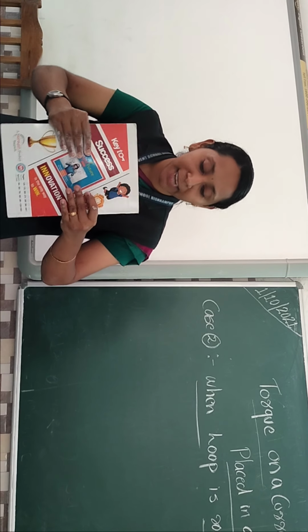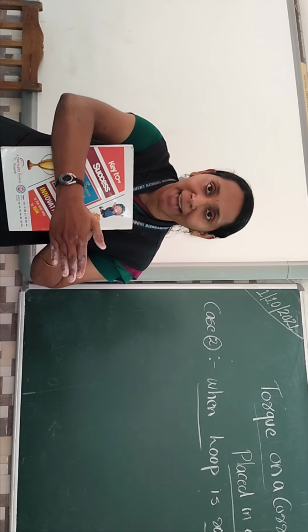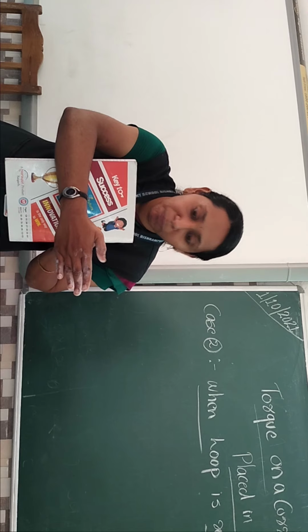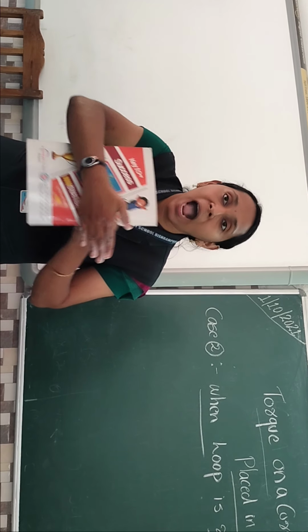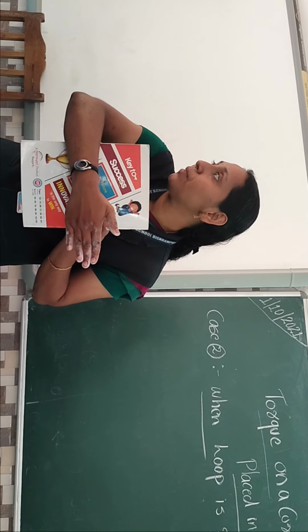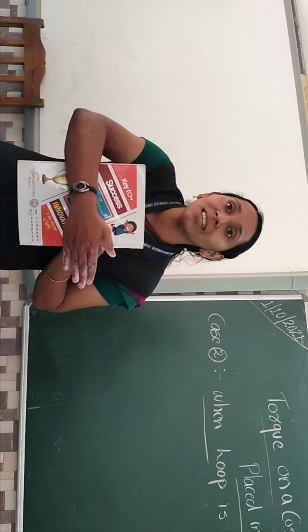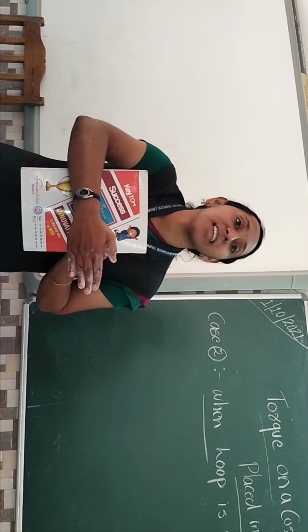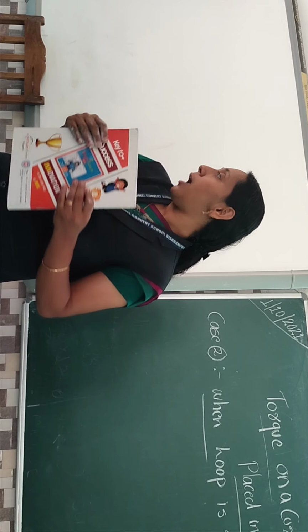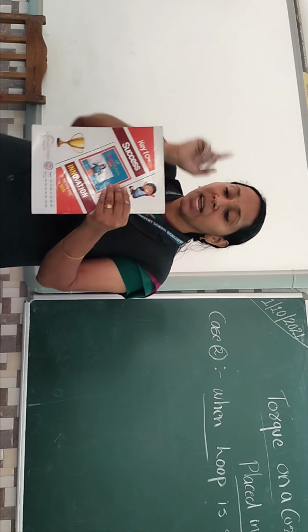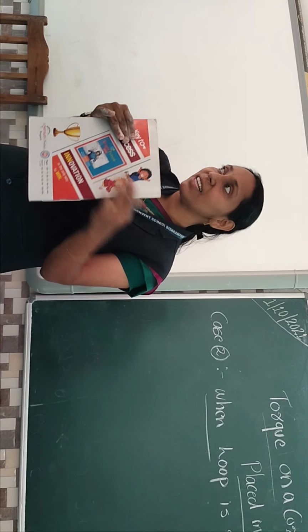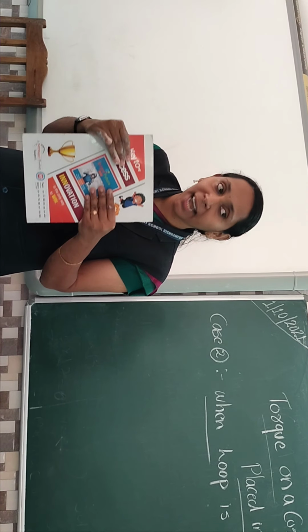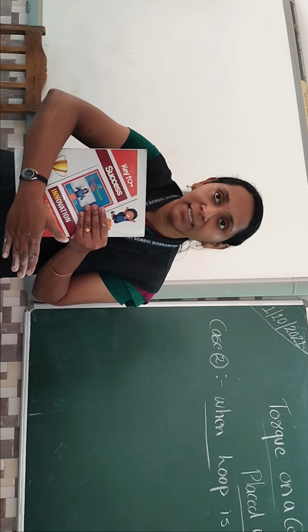The rectangular loop has slid this way. So this is our magnetic field, and this is the rectangular loop. Here you can see an angle. So what was the angle earlier? It was 90. Now the angle theta is made. Clear everyone? Now the angle is theta. What are the changes? Let me try to explain. This is side B, side B, side A, side A. It is rotating like that with respect to the angle theta.